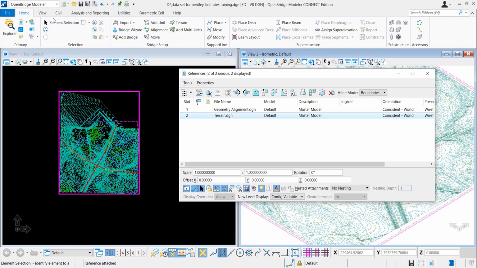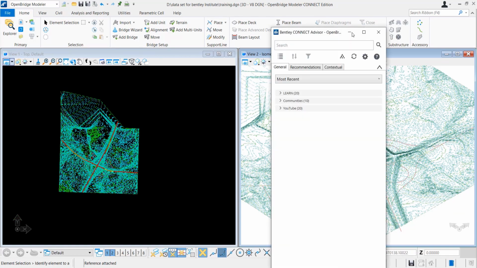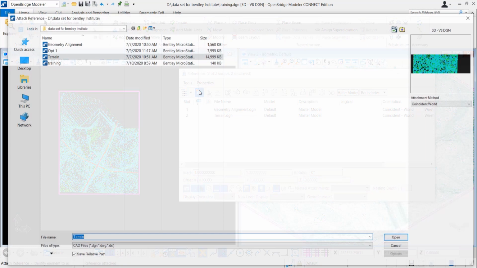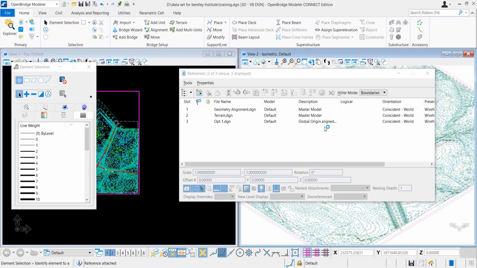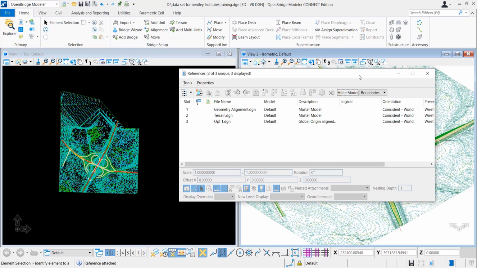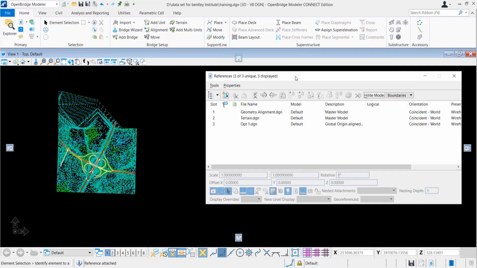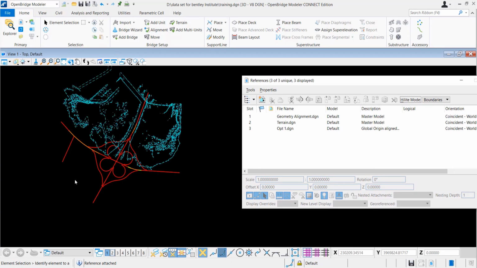So these are different files, and then we will also attach the corridor model right on top of it. So through the attach options, you can actually attach it. So here we are attaching the corridor model. So now you can see that a new corridor, which basically contains the data of your embankment design, is placed here. Now let's look into only one view, the plan view, and how we can operate these files.